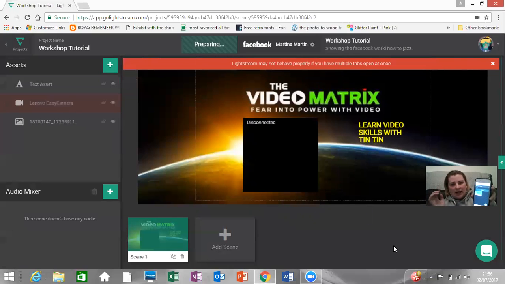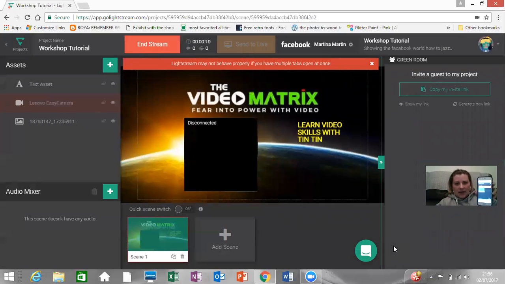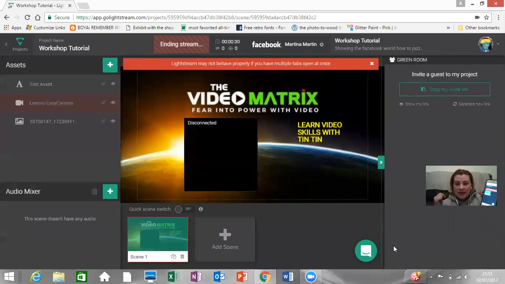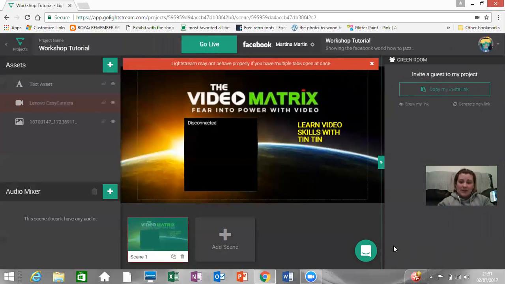So if you click go live, it'll also show on here, it's showing you that it's preparing and takes you into it. The one thing that I will say, Lightstream may not behave properly because you have multiple tabs open. It's because you're running it off two devices. But for me, I have used this and it does actually work. There isn't really much delay in it. And basically, once you're ready to finish the stream, you just hit end stream and it ends for you on your desktop, which I think is pretty cool